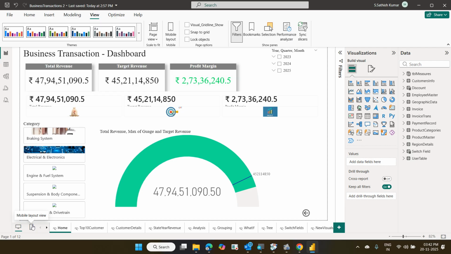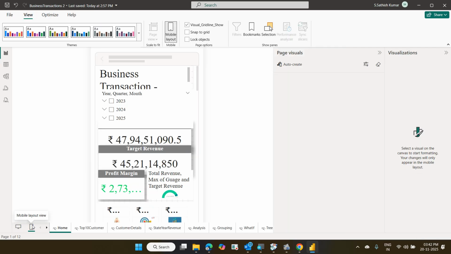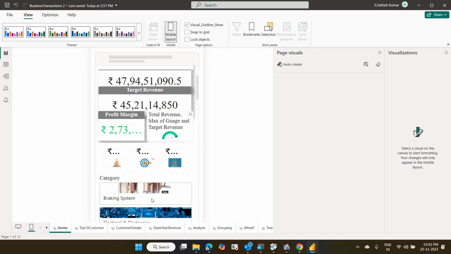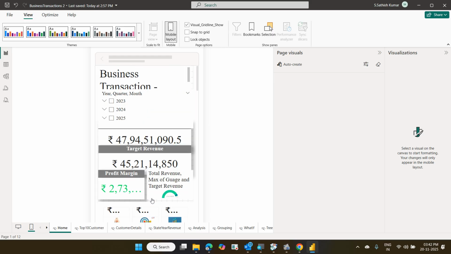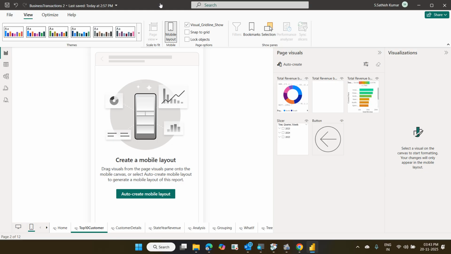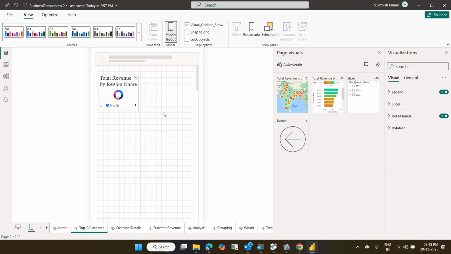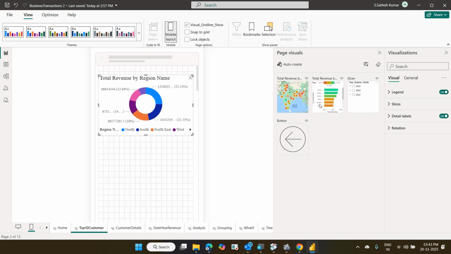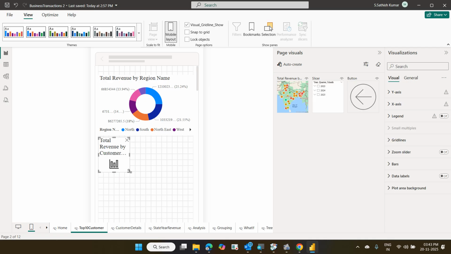This is my card. Suppose we have multiple cards. If I want to switch it and fit it in the mobile screen,